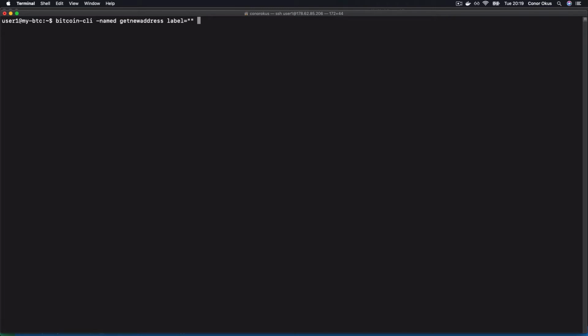You could say, maybe give it a label for a specific wallet that the address is tied to, or something of that nature, or something like, I don't know, holiday money or whatever you want to call it. But in this case, we're going to leave it blank. And then the second argument is the address type. So we can type that in again, address_type, and we set that equal to legacy